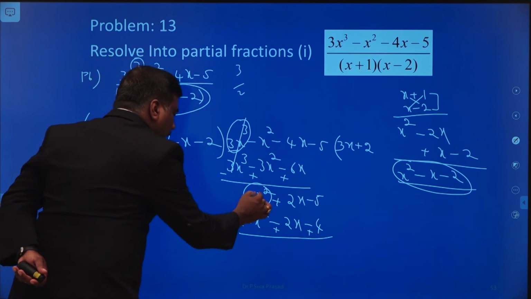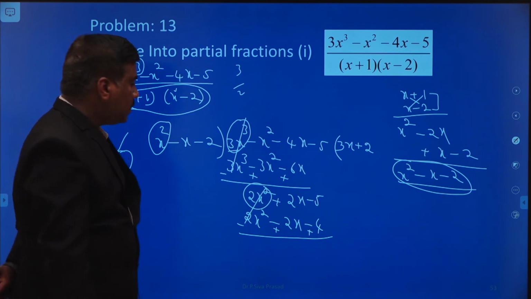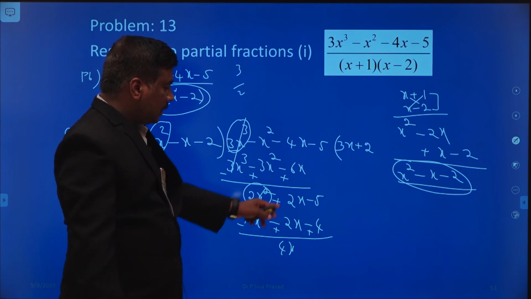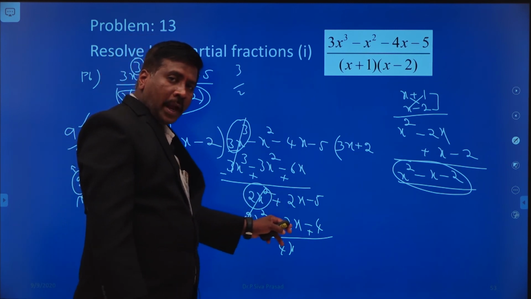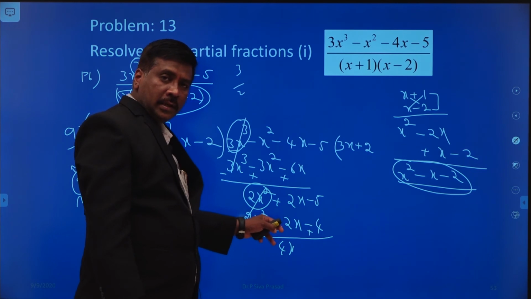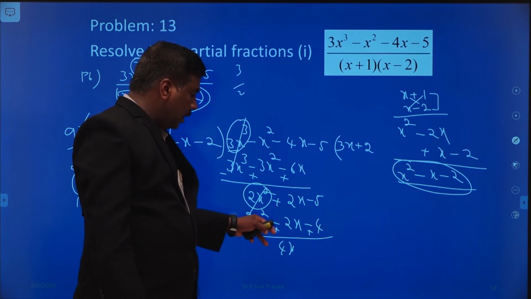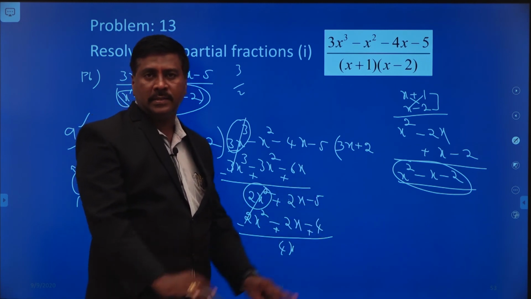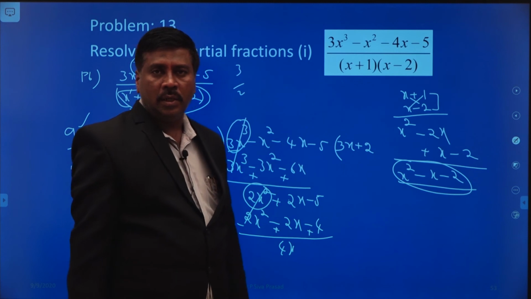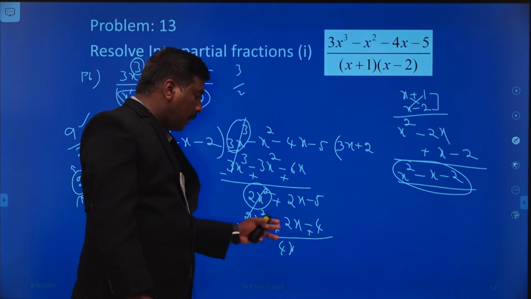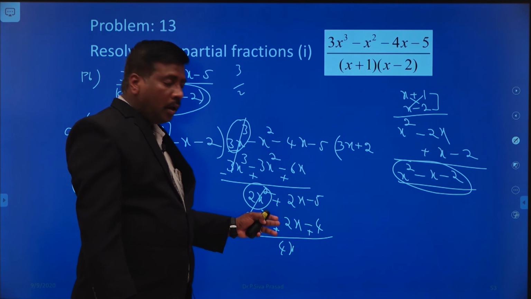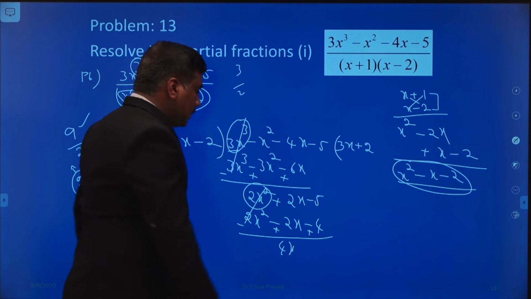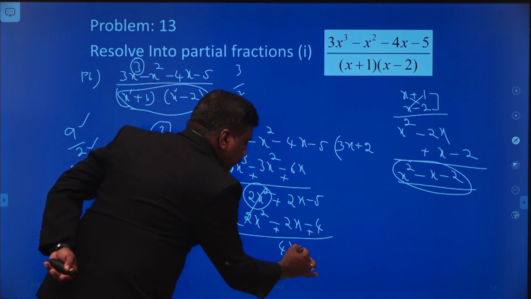So here plus 2x square minus 2x square both are cancelled, and 2x plus 2x is 4x. Please all of you see this, because after multiplication of the minus, the sign will automatically change. Suppose if you do it like this, then plus 2x and minus 2x are there, and they would cancel. That is the mistake we make. Please consider this sign. After the signs are completed, only then the sign will be changed. Then 2x plus 2x is 4x. Next one, minus 5 plus 4, that is minus 1.